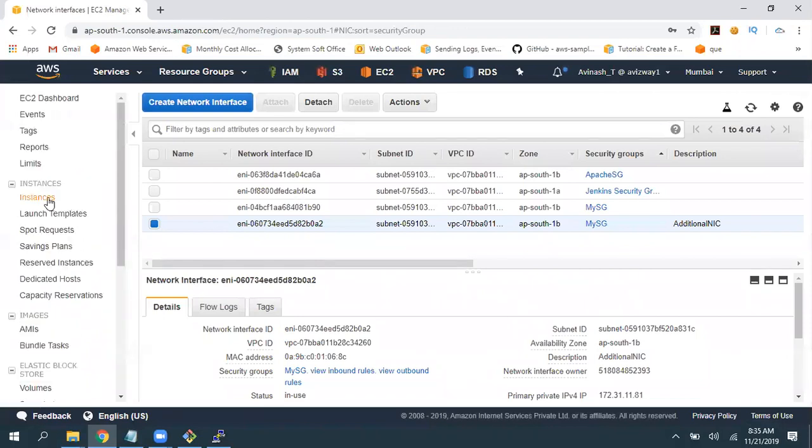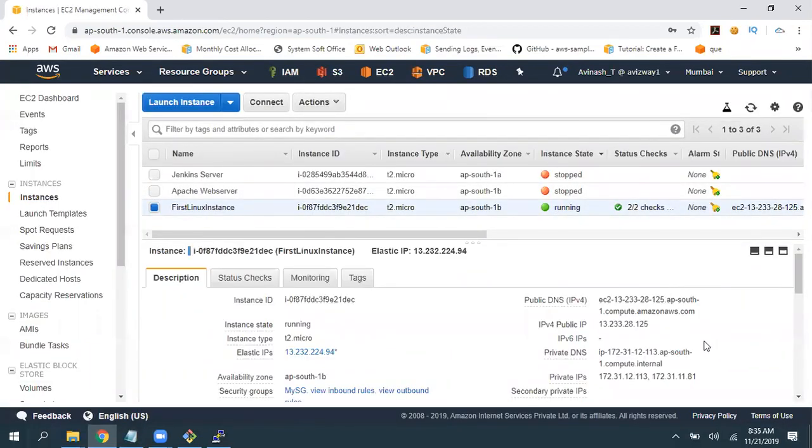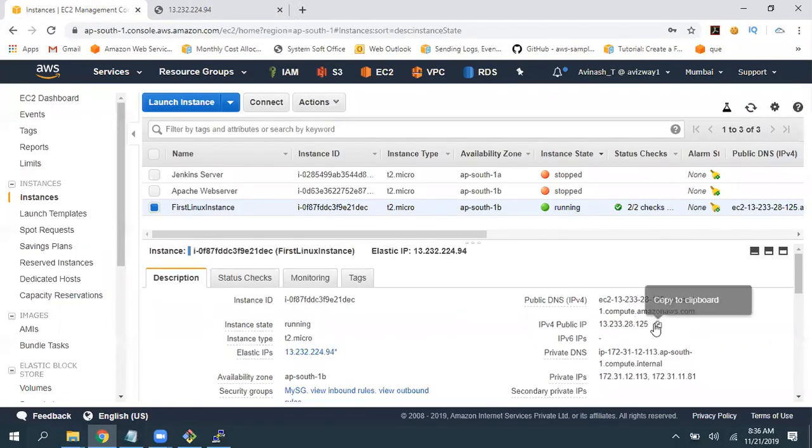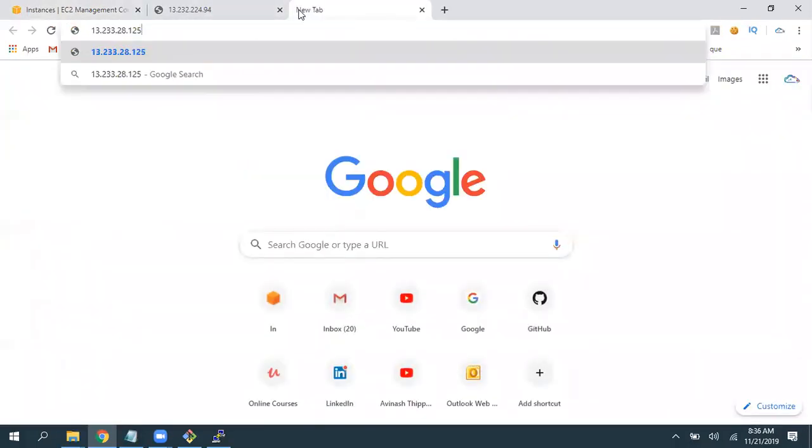Okay. Now go to instances. See, we have 2. This is one public IP address. This is another public IP address. By using both, we can get output. See, this is my first IP address, same, and this is my second IP address, same. So both are different public IP addresses, but able to deliver the same content from our EC2 instance. So you can distribute load by using this mechanism.